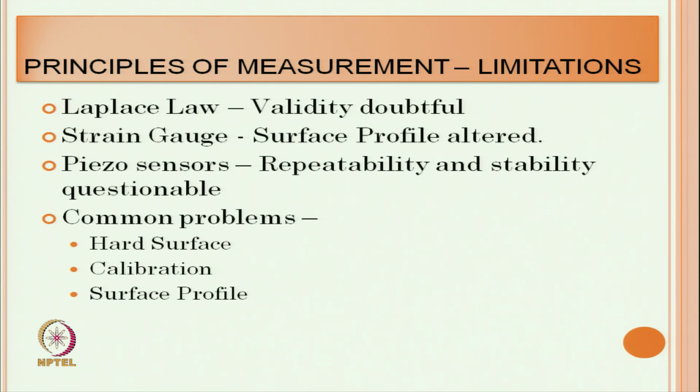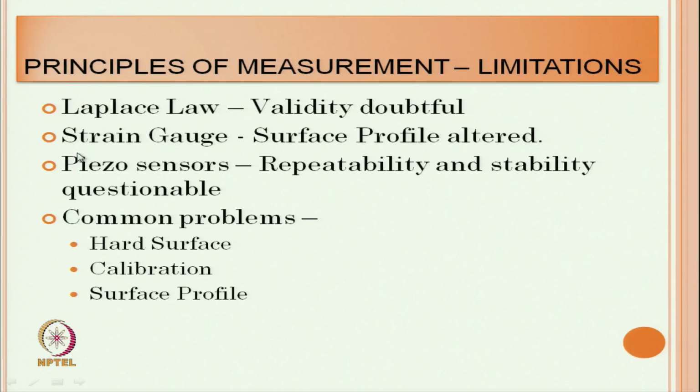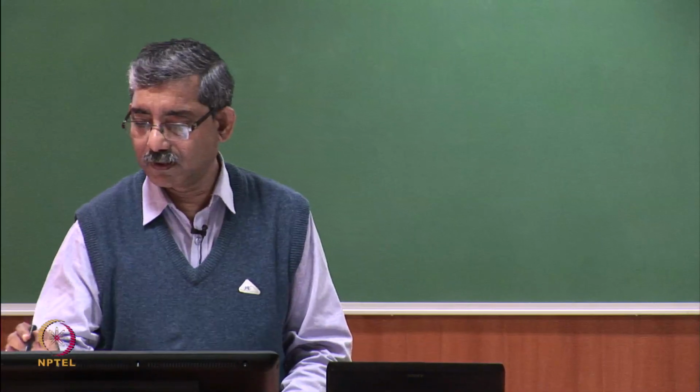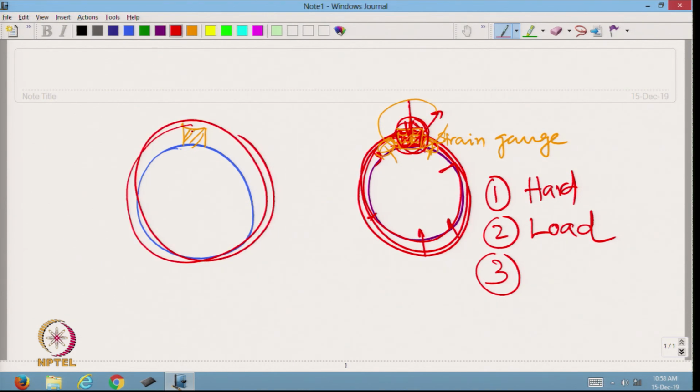So, on a soft surface, if we try to place the piezoelectric sensor or strain gauge, we will not be able to get the actual pressure. Let us see, suppose somehow we have created a soft surface. Now, if we place the strain gauge or piezo sensor here, then during application of the compression bandage, as the surface is soft, instead of giving the exact value of compression pressure, there will be deformation.